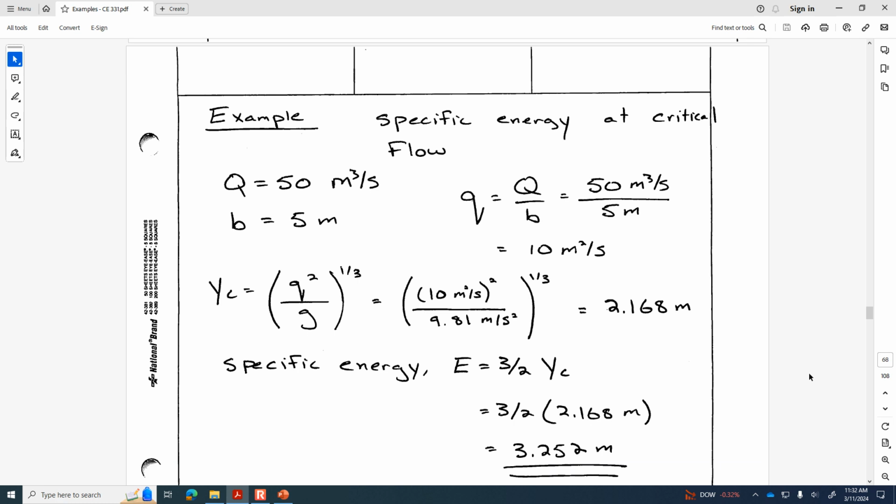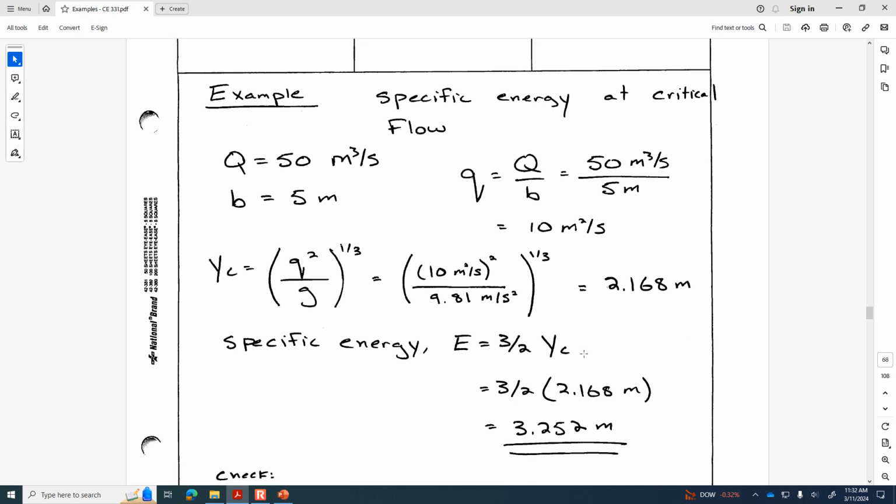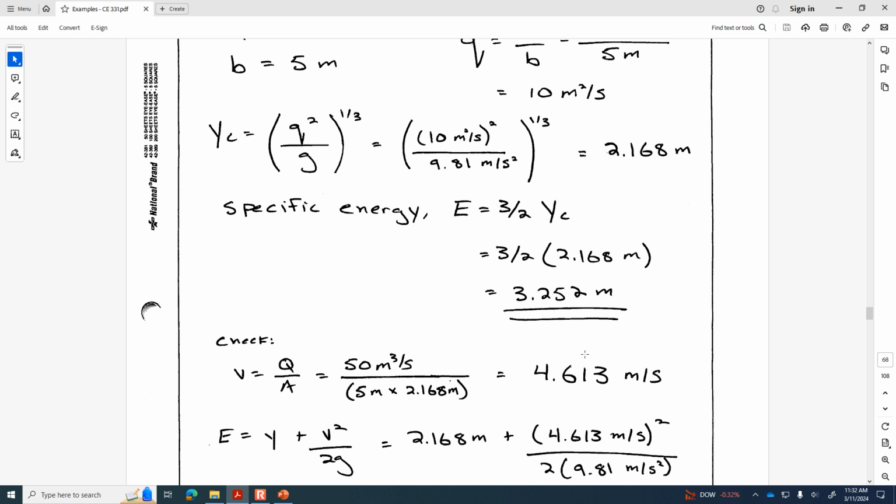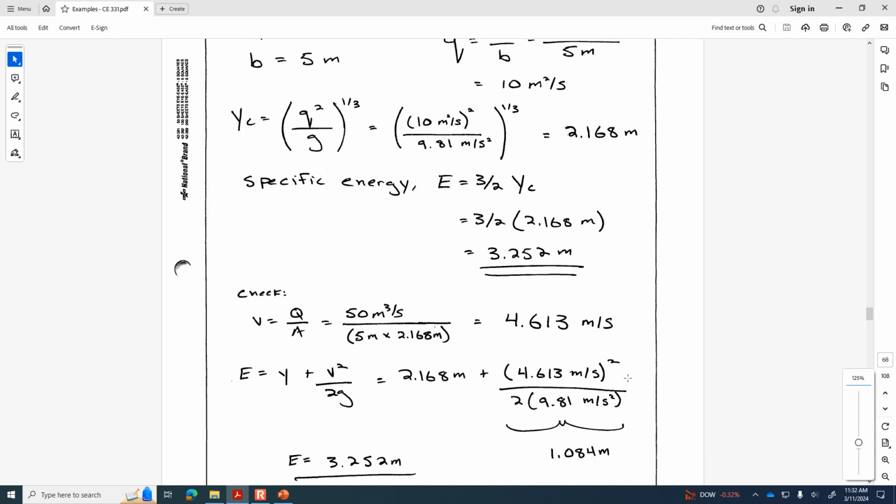So E at a location where you've got critical flow in a rectangular channel is 1.5 times the critical depth. And if it's this easy to calculate the critical depth, then that's a pretty easy way to calculate the specific energy for a rectangular channel with critical flow. So let's just prove it to ourselves that that actually is true, that this isn't just something that's been made up. So the other way to know for sure is let's see what is the velocity head if we had